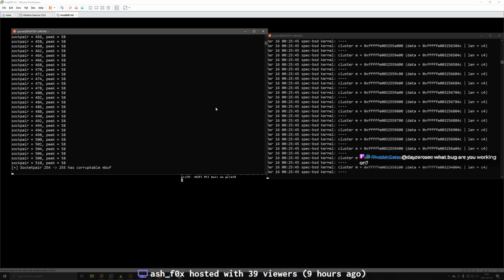What bug are you working on? We're working on the flows IP6 double free. We got very similar behavior on this run than we did on the last run, which can be both good and bad. You can look at it both ways. Could be bad because it means we might not have corrupted it again.